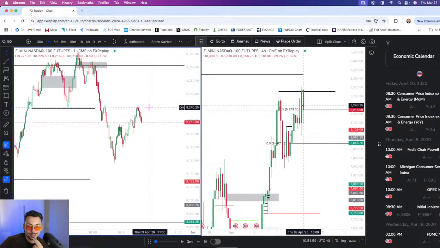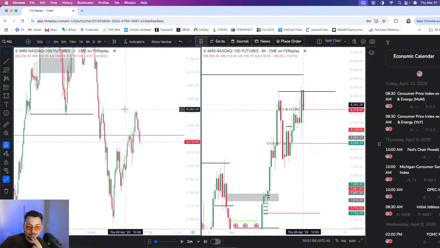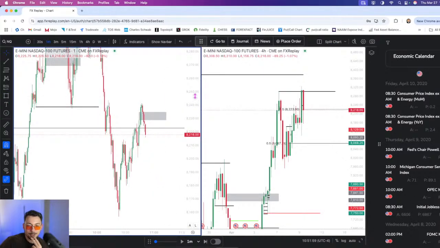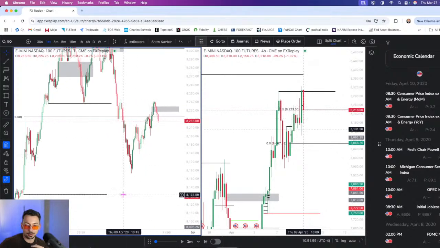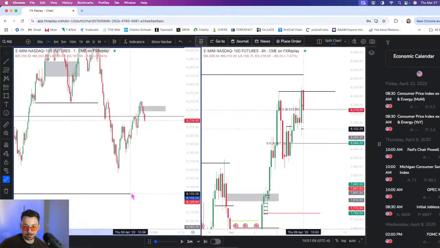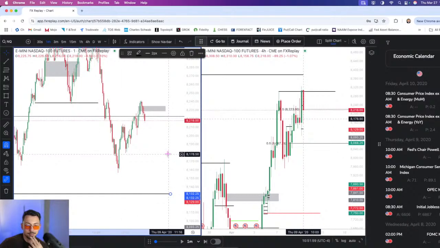Ooh, that looks really nice. There might be an SMT here with ES. But I can't open ES on my chart. So this is the sucky part, is that I don't know what's going on with ES right now. I have to do like a whole new session. But if there was an SMT here, I think that's a really good inverse to the downside.